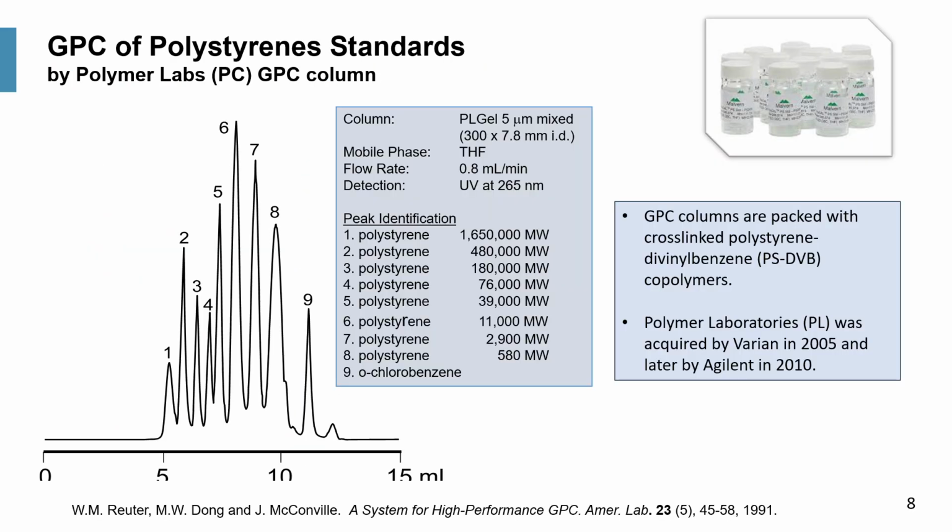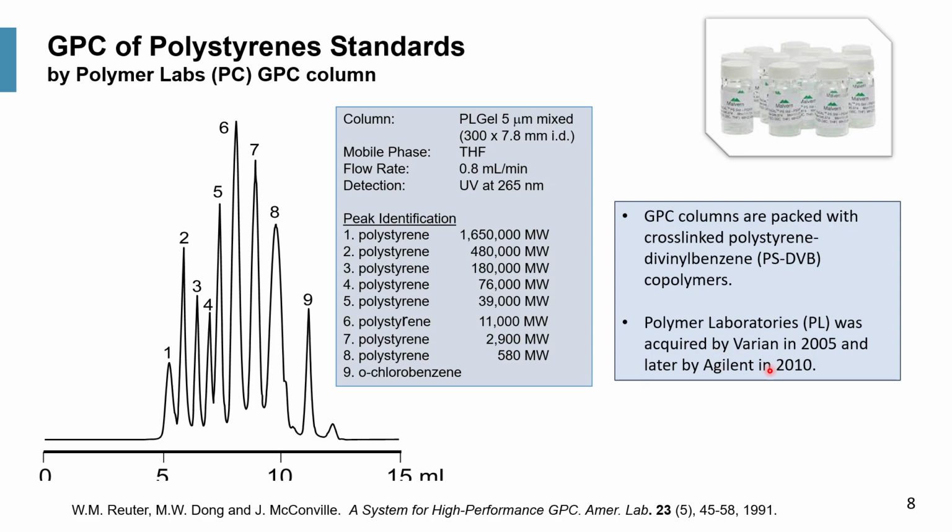So here is an application. In this case, it's used for screening purposes. We use Polymer Laboratories, which is one of the first developers of very high quality GPC columns. This company is located in the UK, and GPC columns are typically packed with cross-linked polystyrene and divinylbenzene copolymers. Polymer Lab from the UK was acquired later on by Varian in 2005 and later on by Agilent, which acquired